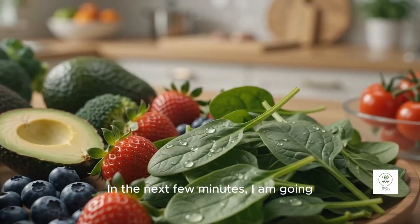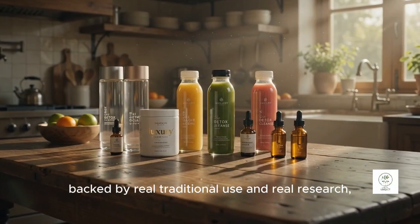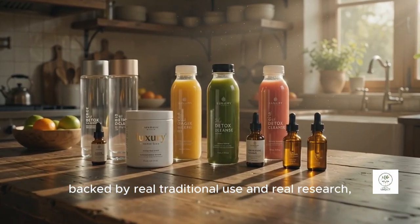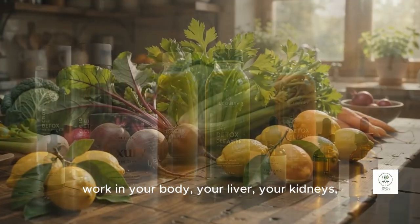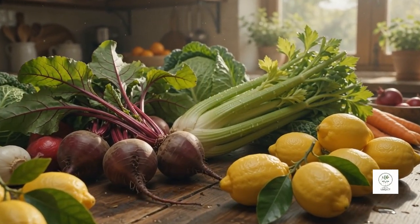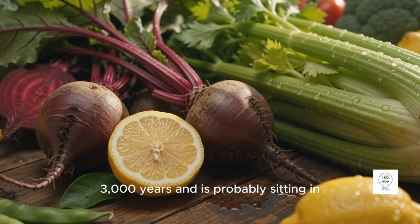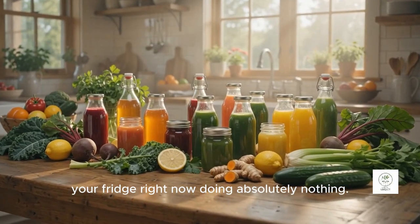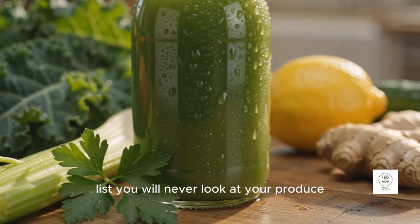In the next few minutes, I am going to hand you 20 homemade juices, each one backed by real traditional use and real research, that support the organs doing the actual detox work in your body, your liver, your kidneys, your gut, and your lymphatic system. Number 1 alone has been used for over 3,000 years and is probably sitting in your fridge right now doing absolutely nothing. Stick around, because by the end of this list you will never look at your produce drawer the